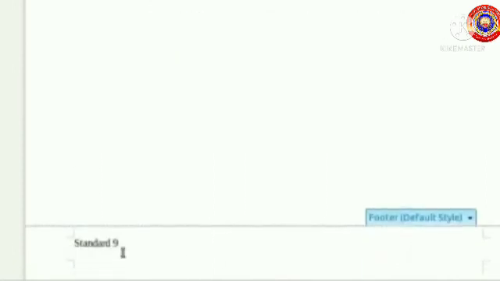Look, in the first page, it is seen Information and Communication Technology. Second page, Standard 9. Then it will automatically come to the next pages. The third page, it appears Information and Communication Technology, and in the fourth page, Standard 9. Clear?